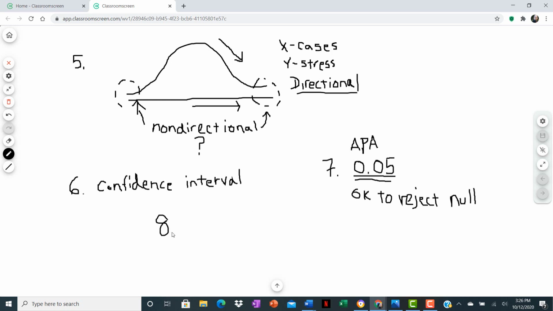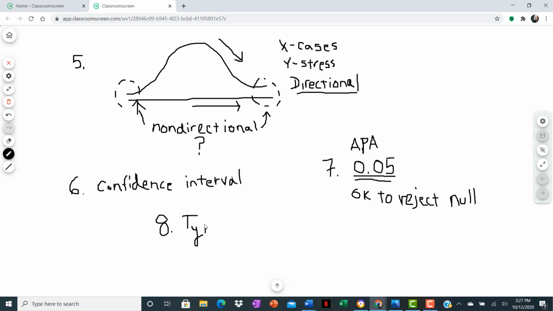Number 8. When researchers reject a null hypothesis that they should have accepted, a blank error has occurred. So let's pretend that we inadvertently rejected a null hypothesis that we should have accepted. So we rejected it, and in rejecting it, we said there was a relationship. Because remember, if it says no relationship and we reject that, we're assuming there is a relationship. But if we do that, we've committed what we call a type